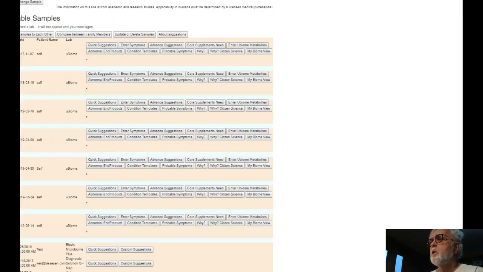So where do we use this data? Well, if you go to your sample selection screen, you will see that there are now two items. There is a Y, which uses conventional scientific studies to show the relationships. And we have a Y, citizen science. What we just saw was citizen science. It's not an official publication. It is what we discovered by looking at all the contributed microbiome samples. So if we click that,